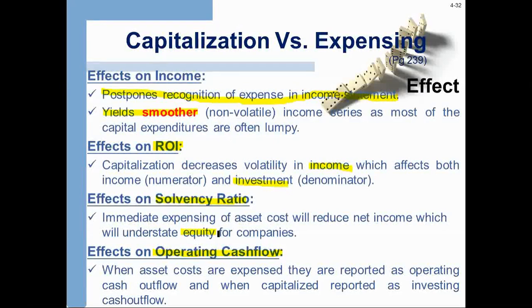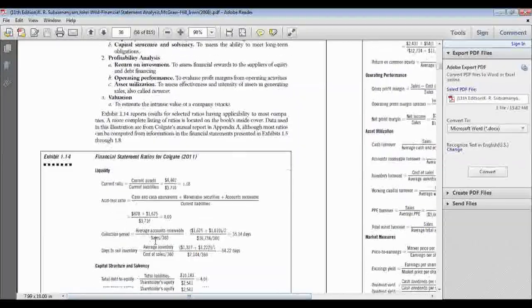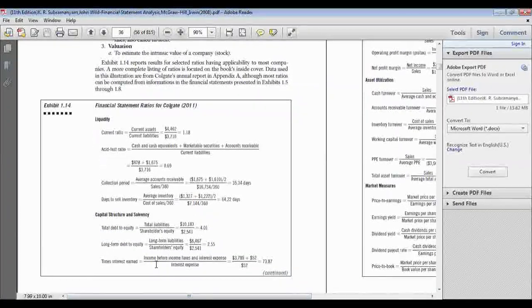So if we talk about return on investment, then capitalization basically decreases volatility, as we already discussed, in income, which affects both the income, which is in our numerator, and investment, which is in our denominator. If we look at the solvency ratios, let me share with you the solvency ratios. These are our solvency ratios. So if we look at these solvency ratios, you can see